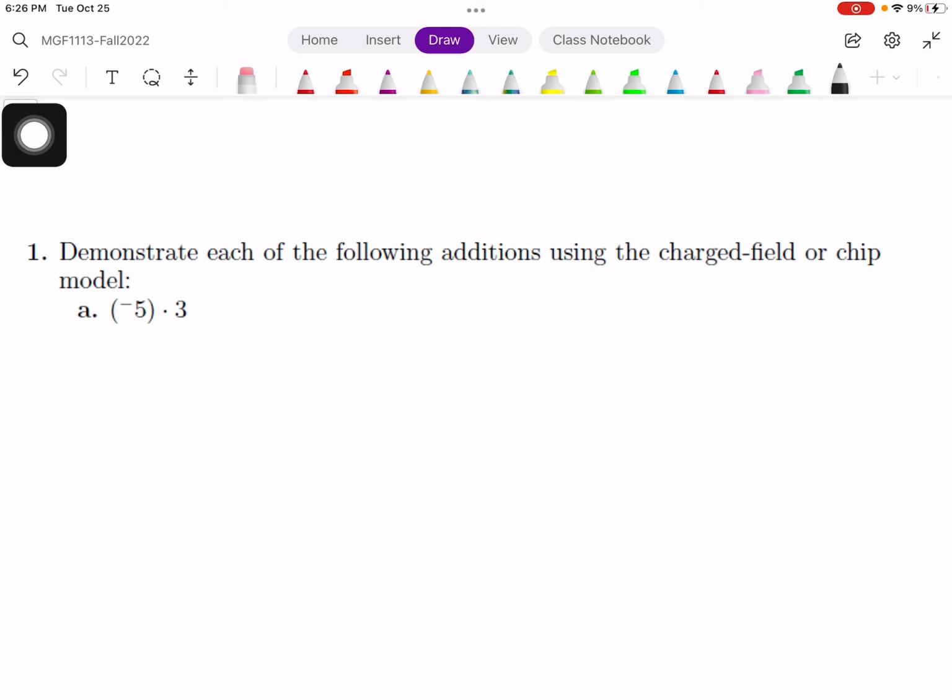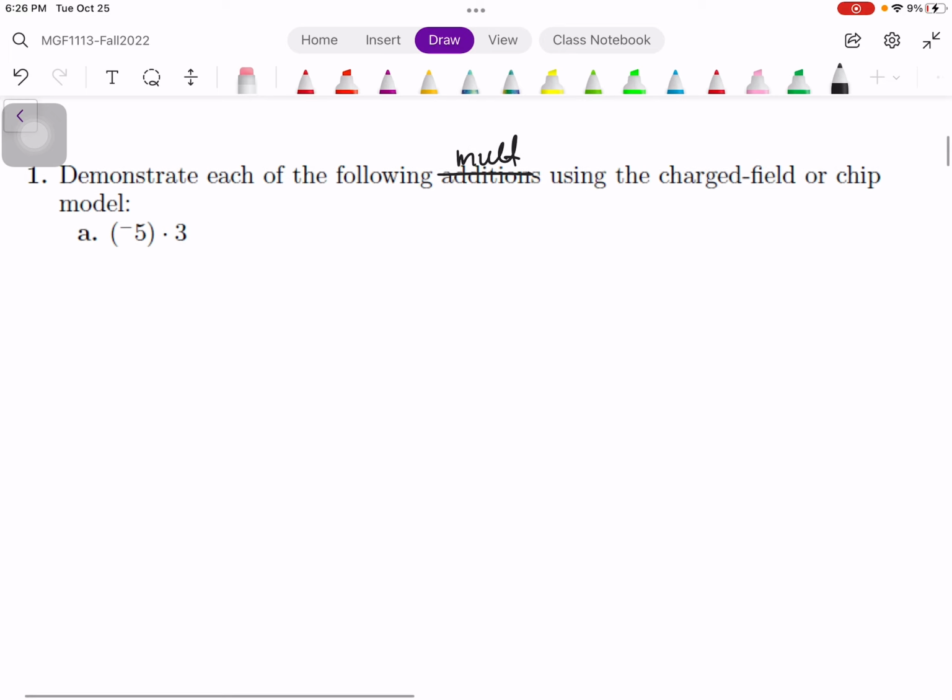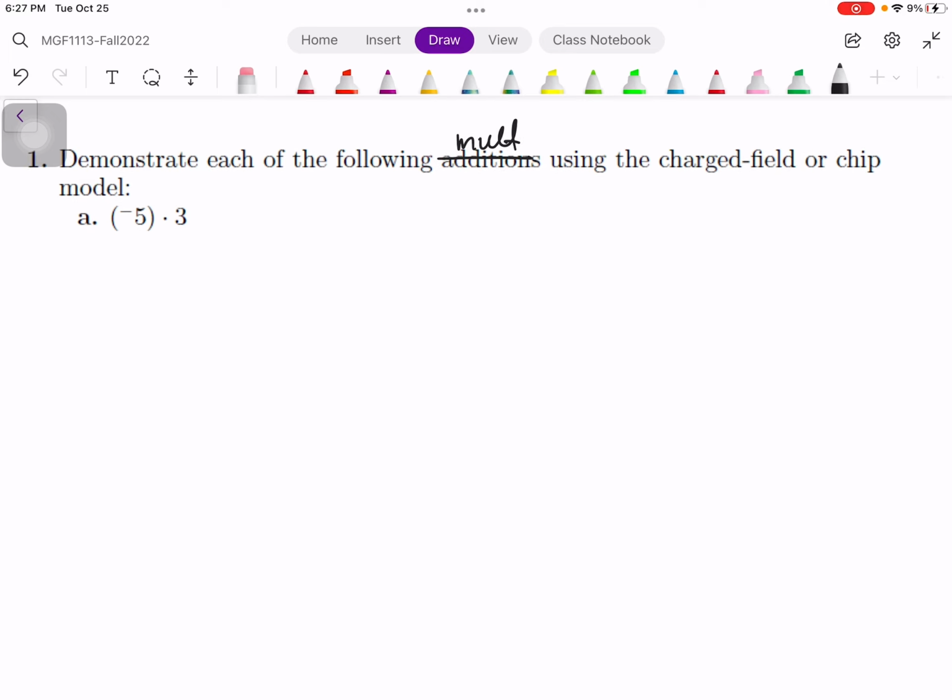Okay, so let's see if we can imitate that. Let's start with the first example: demonstrate each of the following multiplications using the charged field or chip model. Here we can use the fact that multiplication is commutative, so this is the same as 3 times -5, or we can think of this as having to remove